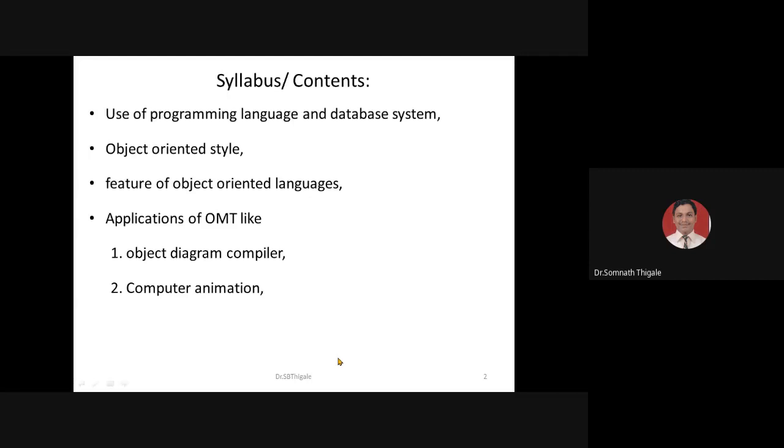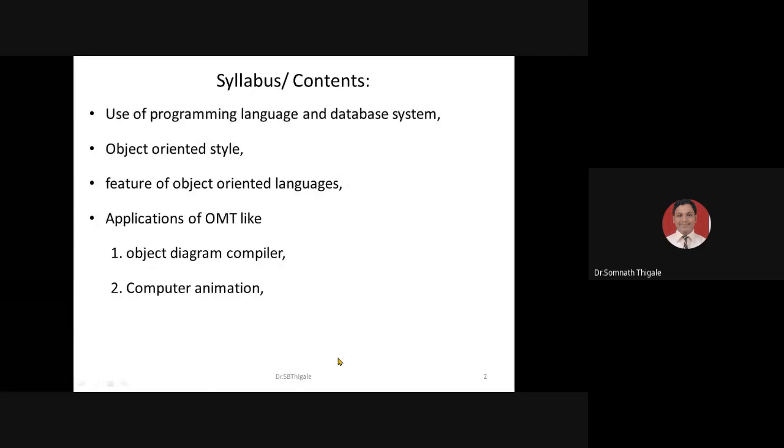It is purely theoretical, to understand the need of the OMD subject and what advantages we get by using object oriented analysis and designing. Means advantages when we are comparing it with the procedure oriented language. Compared to that, what advantages we are getting in object oriented language. Similarly, the same concept we are going to discuss over here.